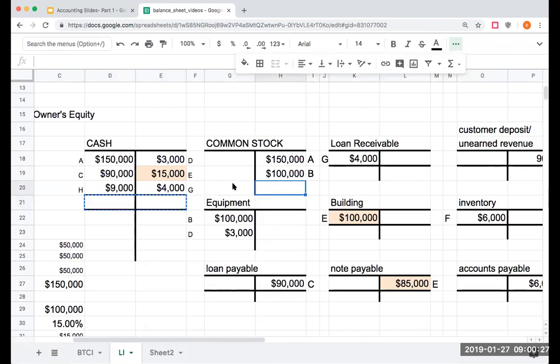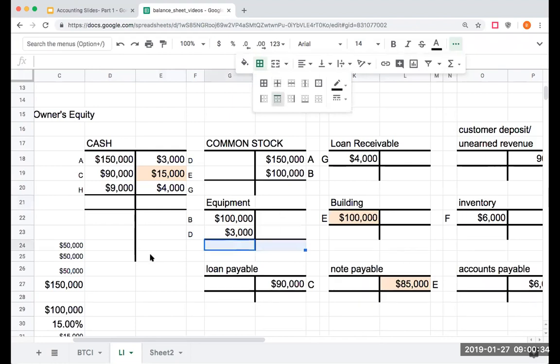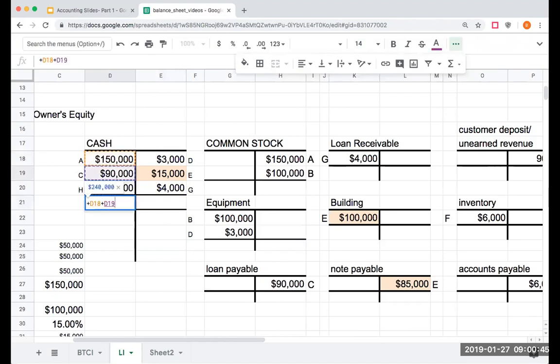So for this part right here, I'm going to total everything up. The only hard part in terms of totaling up is going to be in this cash side. So here I received cash for stock that I issued of $150,000. I got a loan of $90,000 and I received a customer advance. So on December 31st, I received a total of $249,000. But I also paid for equipment for $3,000, made a down payment on a building for $15,000, and I had this $4,000 payment that related to a loan that I made to Johnny. So right here, I've got total credits of $22,000. So my net cash balance, I'm subtracting the smaller from the greater and leaving it on the greater side, is going to be